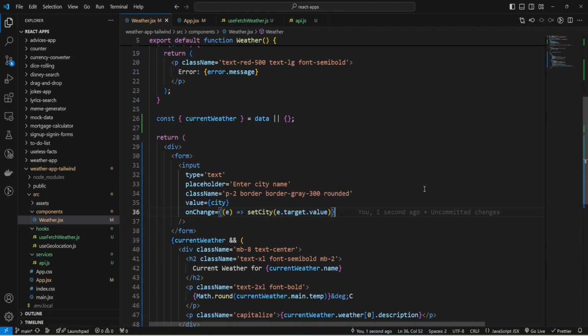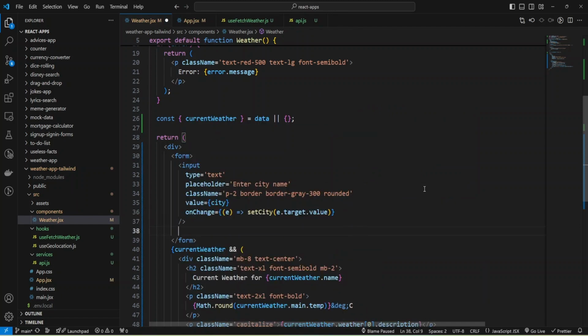Okay, and also we need to add a button, and let's make it type submit, and we'll add a submit event handler, and let's add a class name, and add margin left 2, and add padding 2, and make background blue 500, and make text white, and make it rounded.